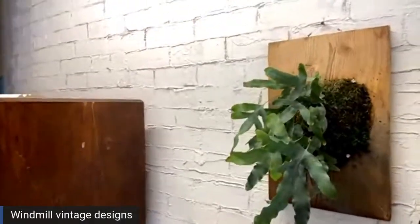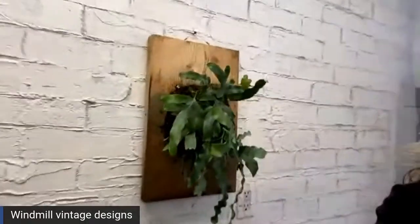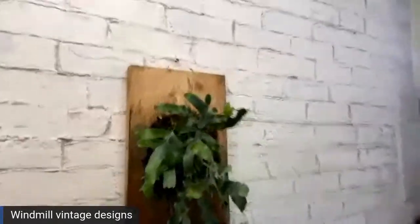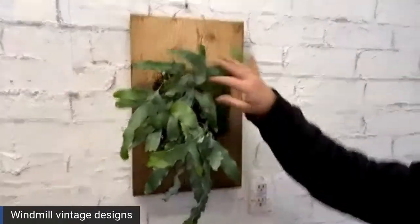Isn't that fun? I think they're really cool. Love them, love them. And from all angles. All right, so this one's mounted on a pretty decent piece of wood. I think it's 11 by probably like 24. And that is that. What do you guys think? You like it? Okay, let's go